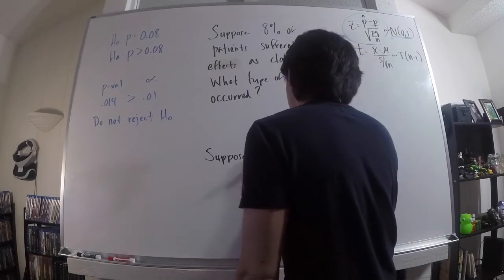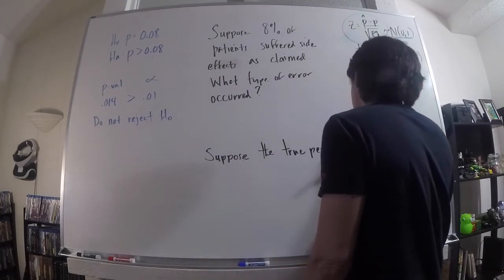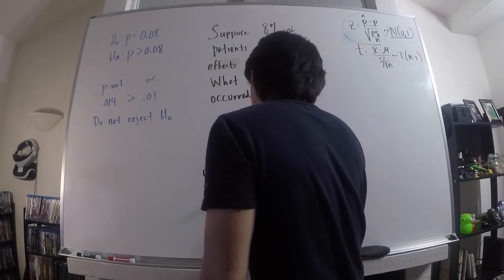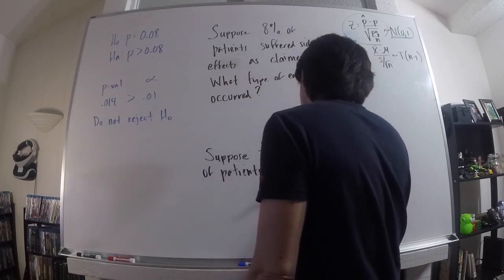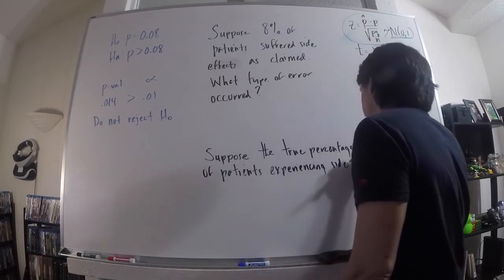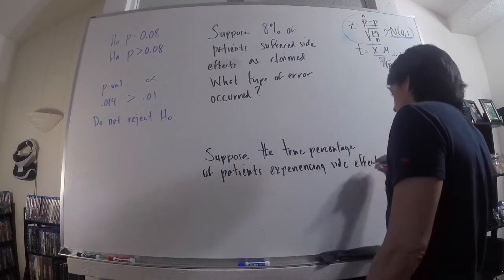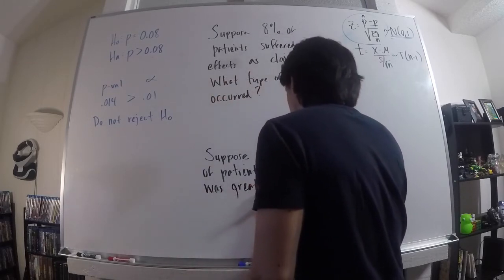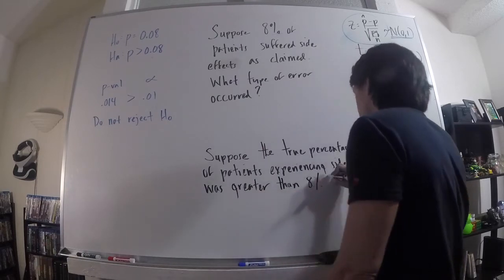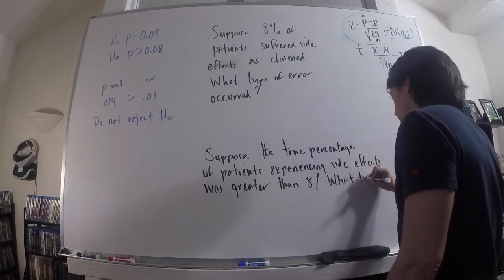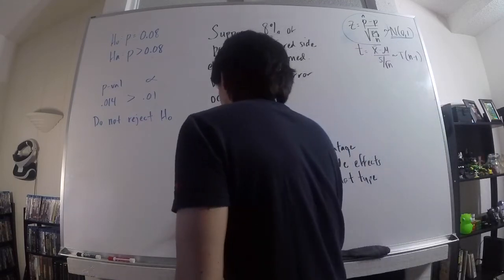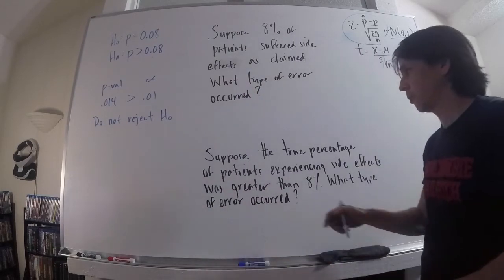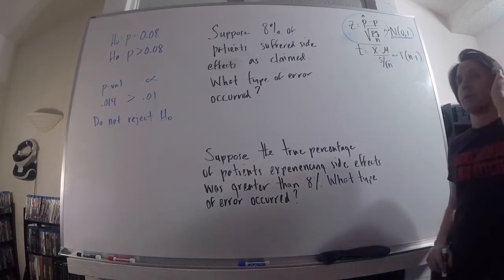Suppose the true percentage of patients experiencing side effects was greater than 8%, greater than the claim. What type of error occurred? And I'll leave some space for our analysis there. Okay, so